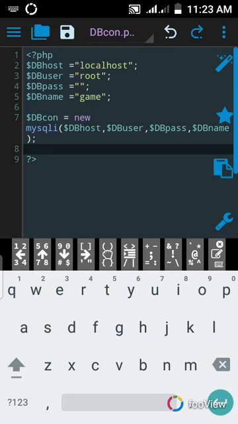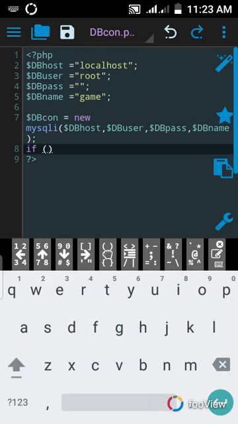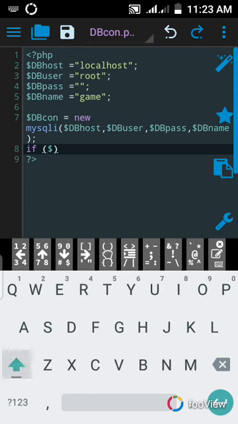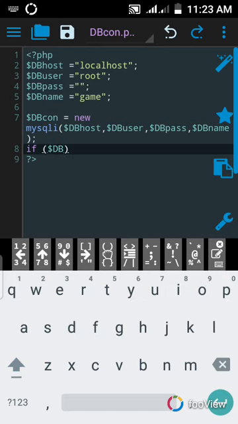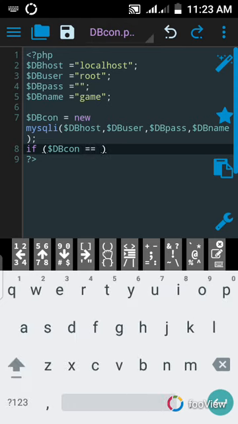So now we're gonna give it an if statement, then check if database connect is true. I'll just use simple language here. So if database connect is equal to true,